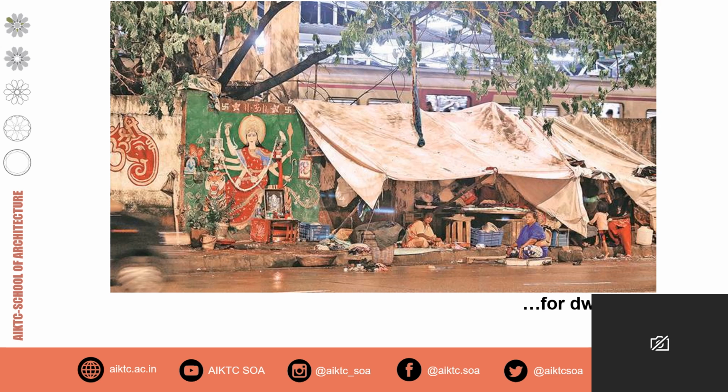Footpaths are also for dwelling. The scene is outside Mahim railway station in Mumbai, where you can see that the compound wall of the railway premises has been used as support for creating this sort of shelter under which people are living their lives. They live there on the pavements and almost onto the roads as well. A very unsafe idea, but this is how people are also using pavements in the city. Footpaths are for dwelling